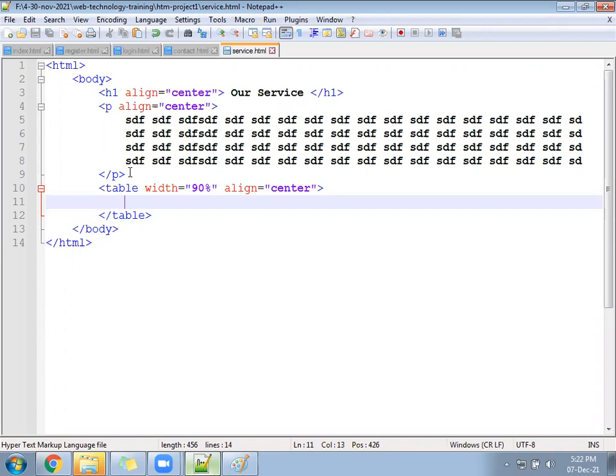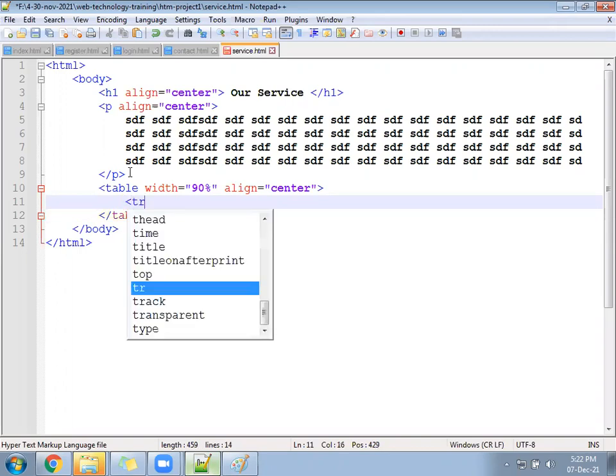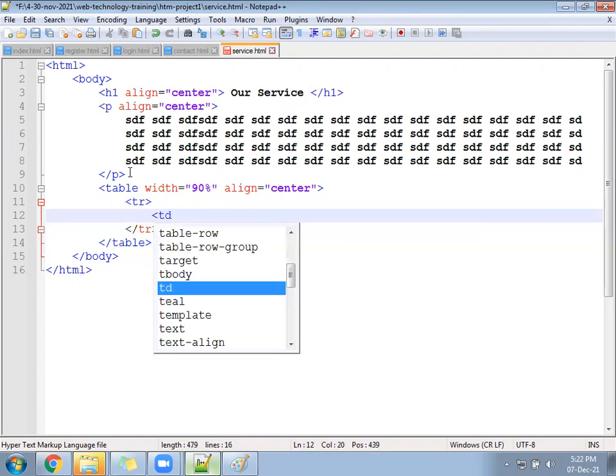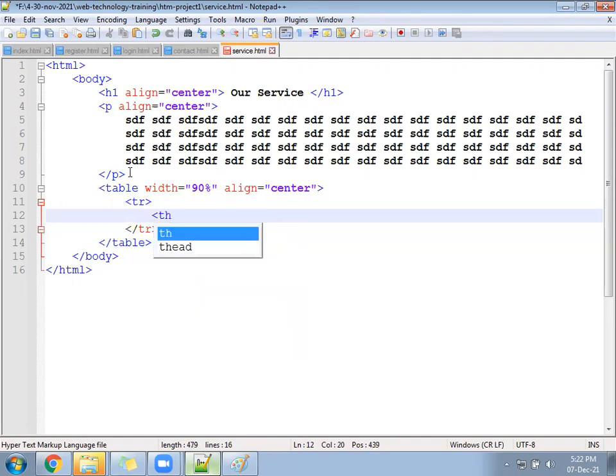After that, write inside a TR and follow the TD. Not TH, TD you can follow.